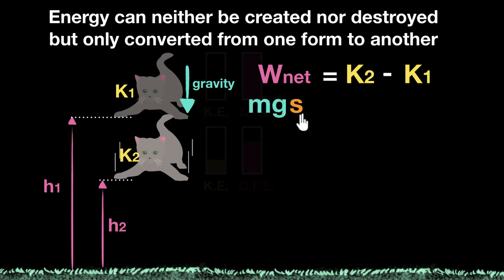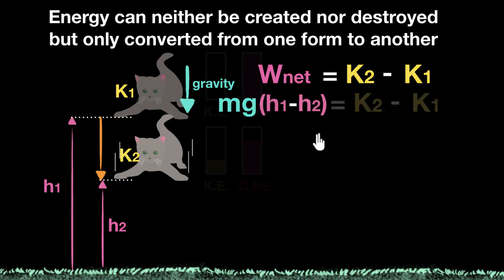But what's the displacement? Well, the cat went from here to here, right? How much is that displacement? That is just the difference in this height, h1 minus h2, right? So let's write that down over here. So our displacement will be h1 minus h2. That is the total work done, and that should equal